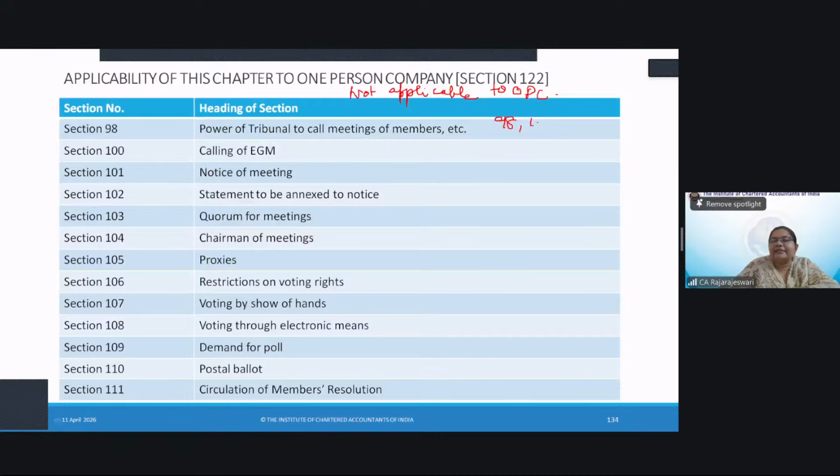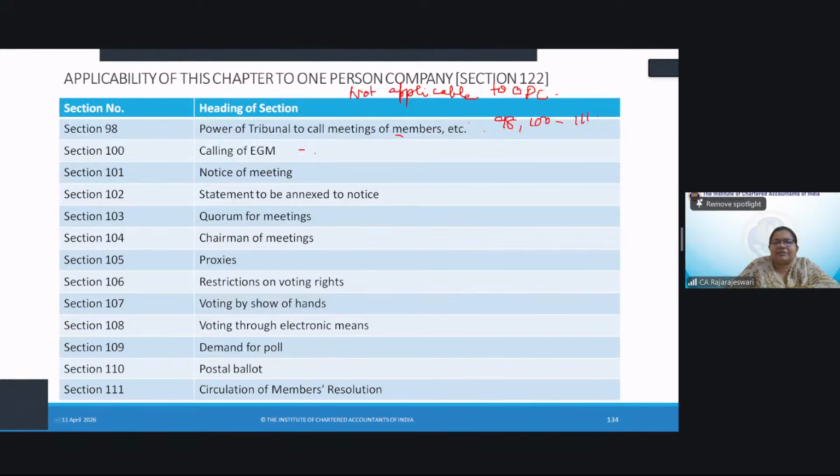Namely sections 98 and 100 to 111. So the power of the tribunal to call meetings of members is not applicable for a one person company. Except for a one person company, for others it is applicable. Then calling of an EGM by section 100, because it is only a one person company, that necessity will not arise,